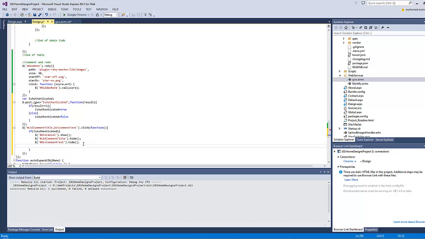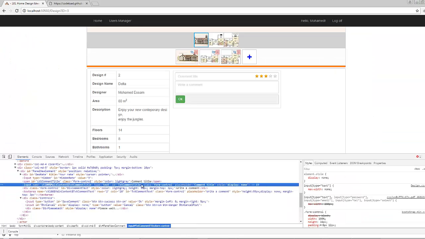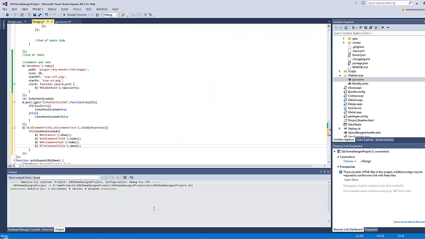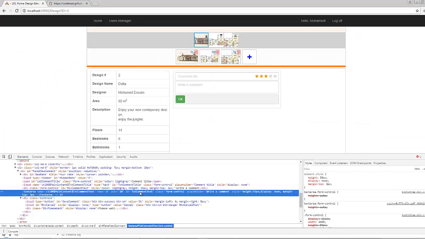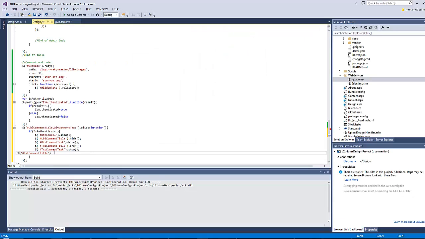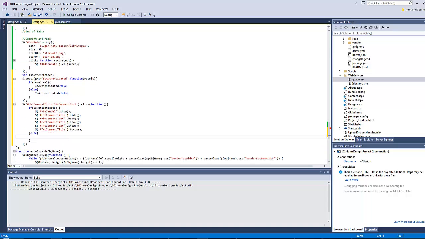Two controls have to be shown. The first one is this one, which is textCommentTitle.show, whereas the second one is textCommentText, this text area. Then the last thing here is that I want the focus to be on the textCommentTitle text box. So else, in other words, if there is no authenticated user at the moment,